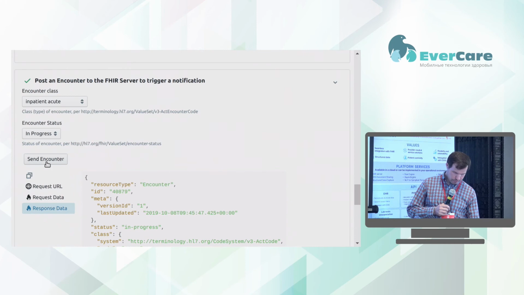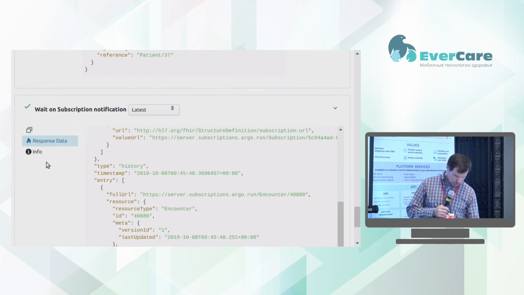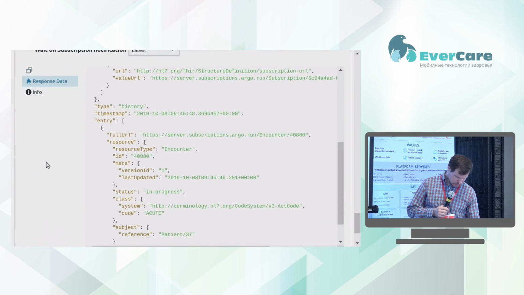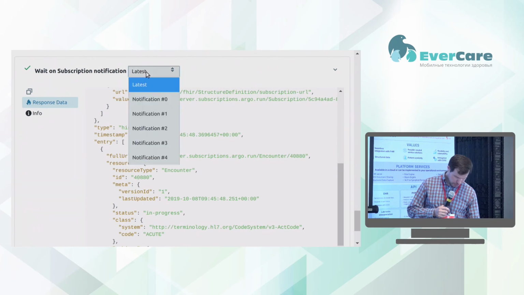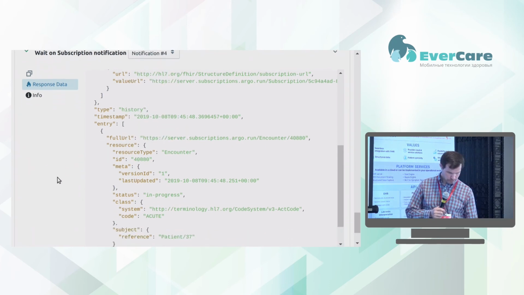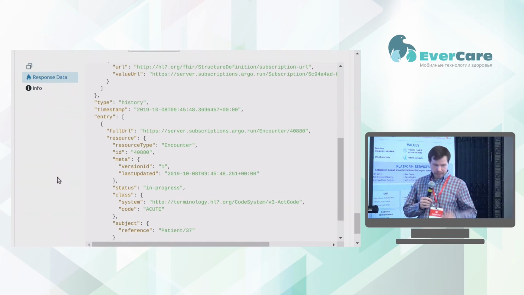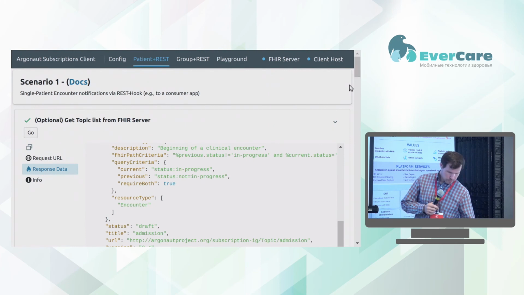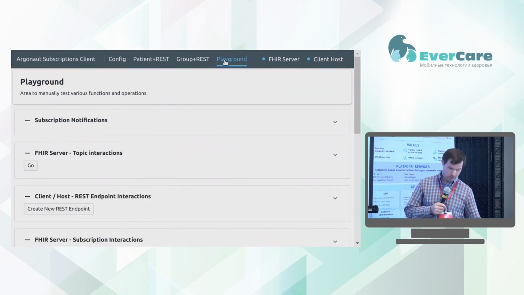So if I create 3 or 4 more encounters, I can look down here and see that I've received 3 or 4 notifications. That's the basic demo. This tool also comes with a sort of playground mode, where instead of going linear step by